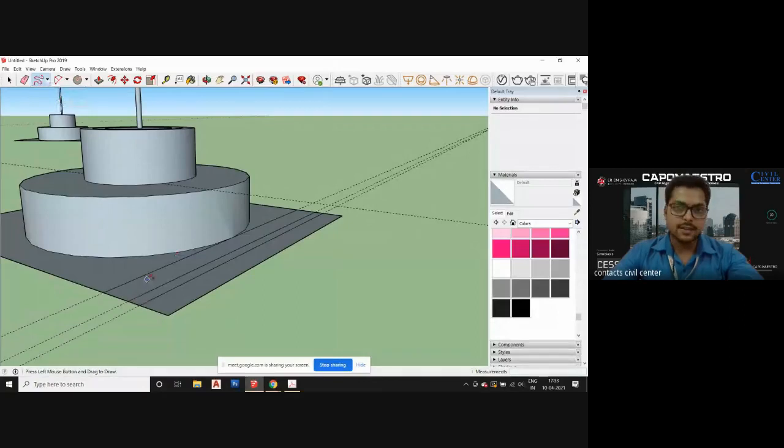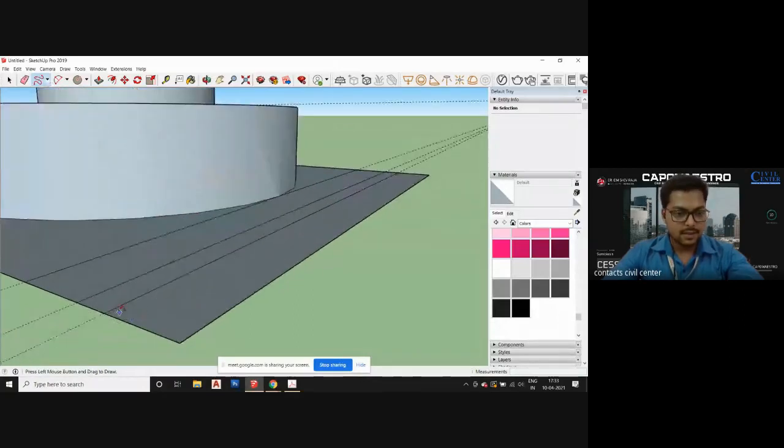Yeah, freehand. And try to draw any line outside over there. And try to join the edges.